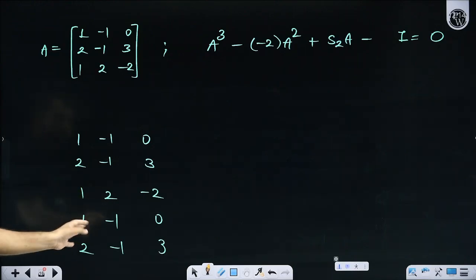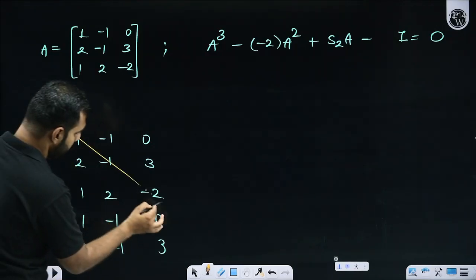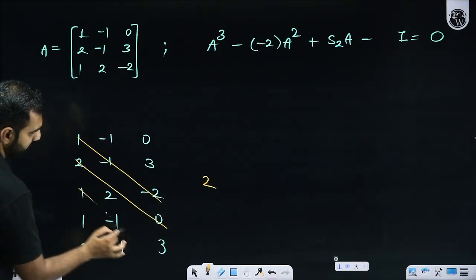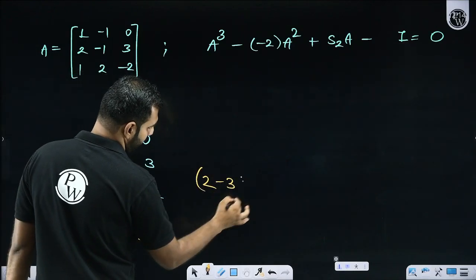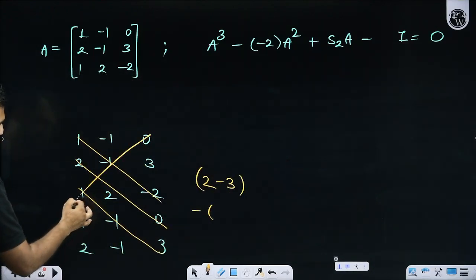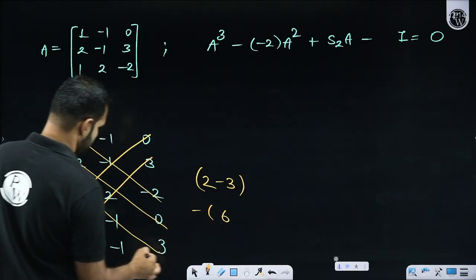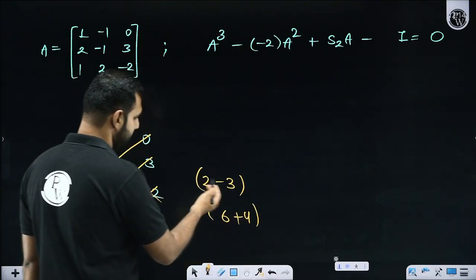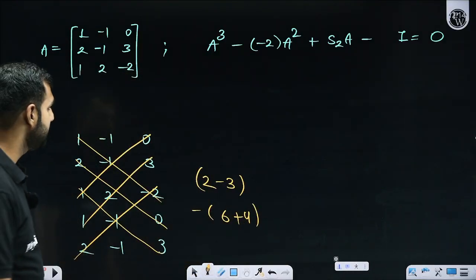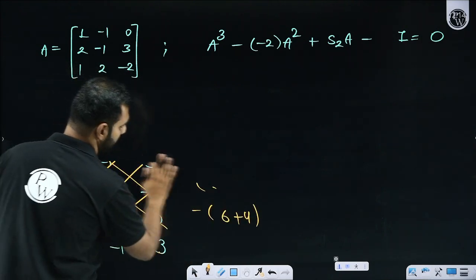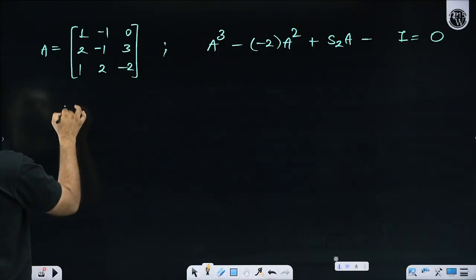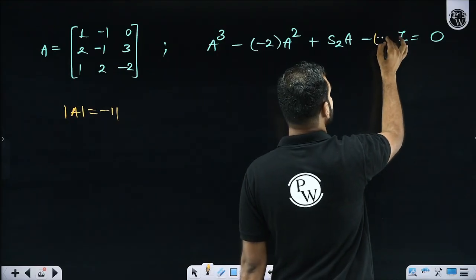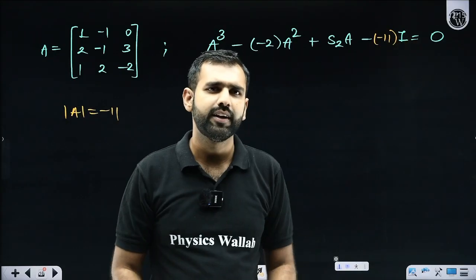So I have taken all the rows correctly. So 1 minus 2 2, that is 2. This is 0. I hope I'm writing it correctly. This is minus 3. Then from this, if I subtract, this is 0, this is 6, and this is, I think, 4. Correct me if I'm wrong. So this is 10, this is minus 1. Minus 1 minus 10 is minus 11. So your determinant of A is minus 11. So that S3 here is minus 11. So this will be minus of minus 11. Everybody understood that?